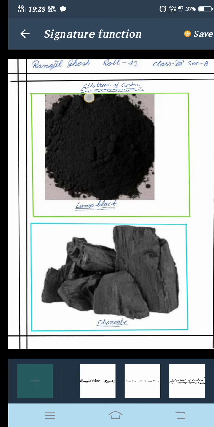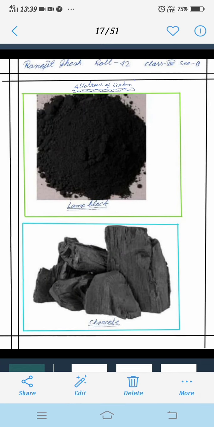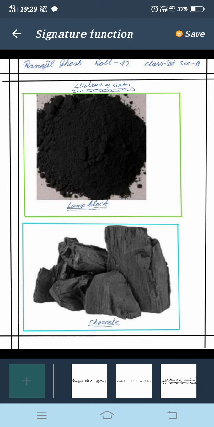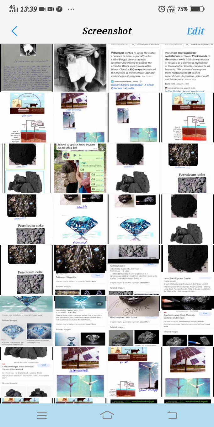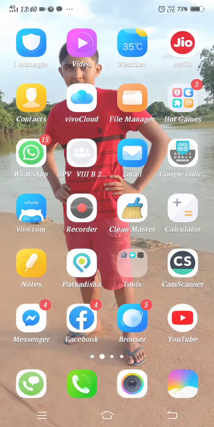See this. Yes, after some editing I did this. See, with margins and many things, and this is only allotropes of carbon. And now again I am seeing another, so see,